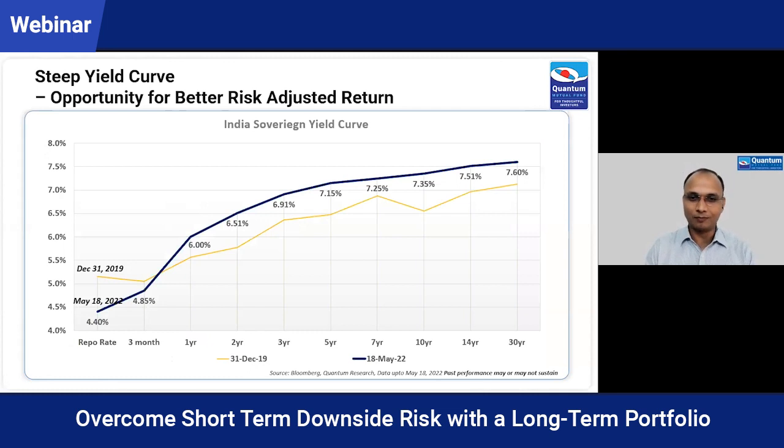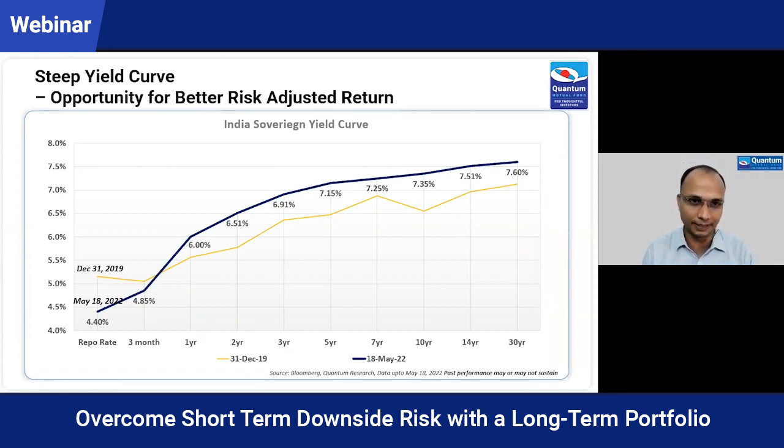Now, how to find opportunities? So we know that RBI is going to hike, but there will be some part of the curve which may not move that much, but there are other parts of the curve which may slightly move up. So this is the yield curve, which shows yield at various maturity. This is absolute yield you can see, at the current yield levels. And you can see that much of the yield curve is already above their pre-COVID level. So before the COVID, the repo rate was 5.15%. Now the repo rate is only 4.4%.